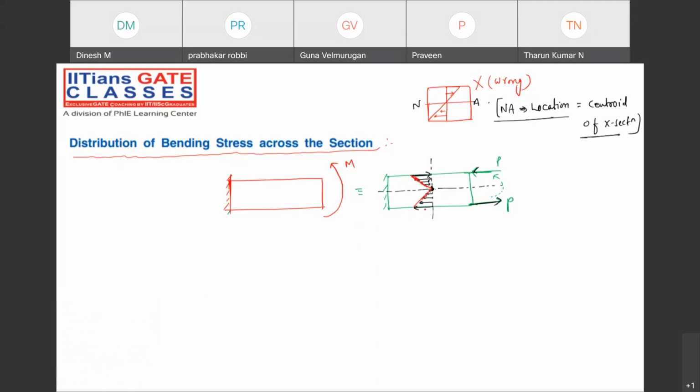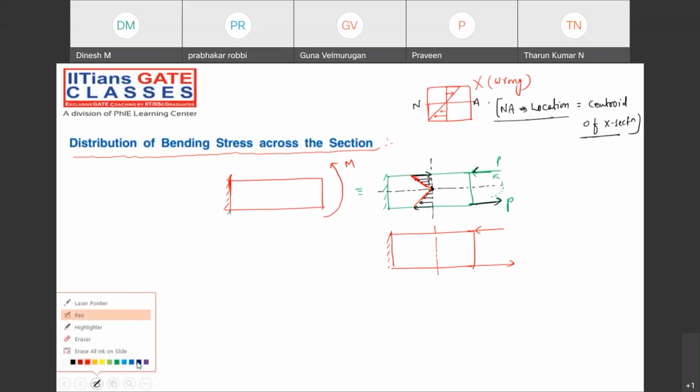Some of the Indian author textbooks, they used to represent it like this, or some of the authors used to represent it like this. Instead of drawing like this, they can directly take it out to this side and draw like this. So where you are seeing the bending stress distribution, are you seeing